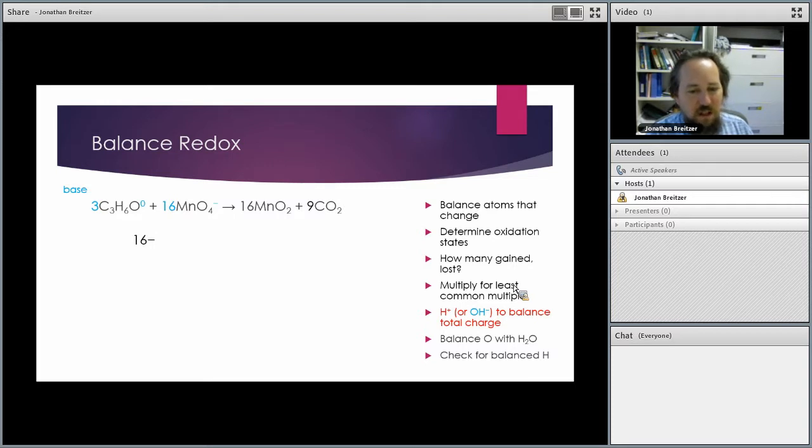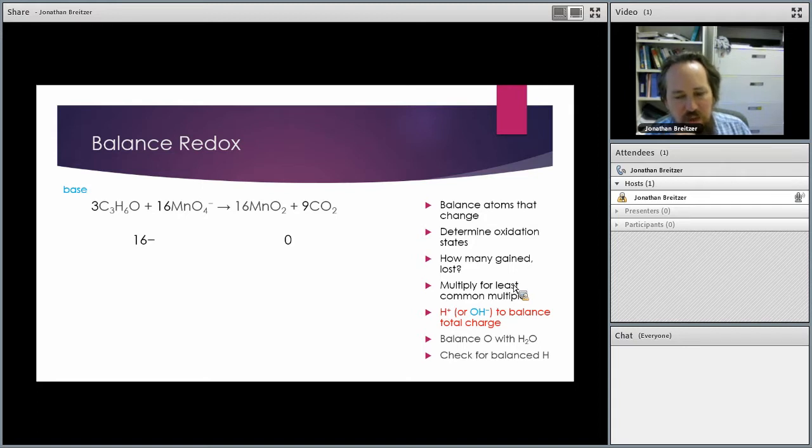Now before I tell you, look on the right side, and what is the total charge going to be on the right side of the equation? Yep, there's no charge written. It's 0. Now we're going to have to balance. So we have to balance those charges, and we're balancing with hydroxides. Hydroxides are negatively charged, so we're going to take whichever side is more positive, in this case the right side with the 0, and add hydroxides to bring it down till it matches the left side to make it 16-.